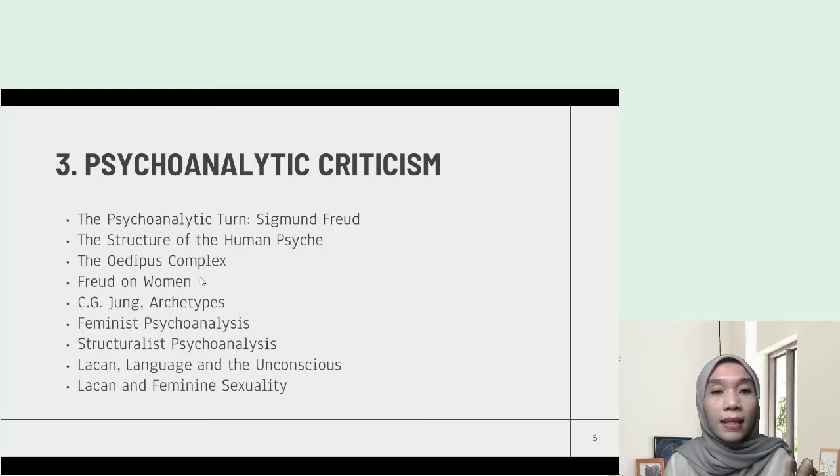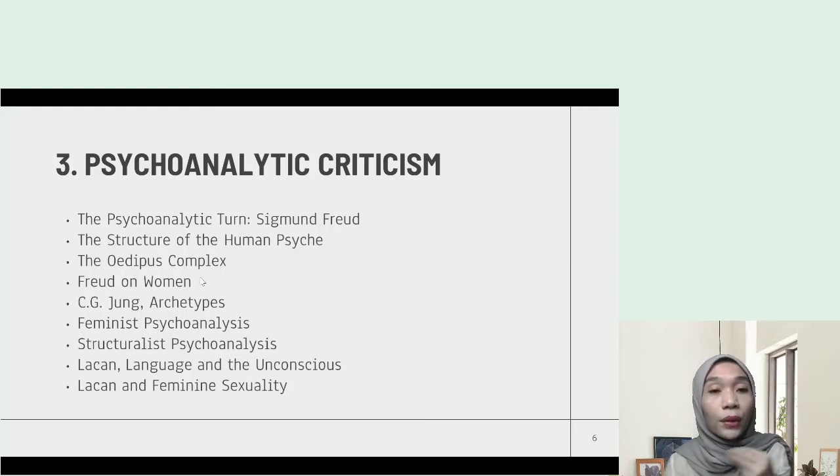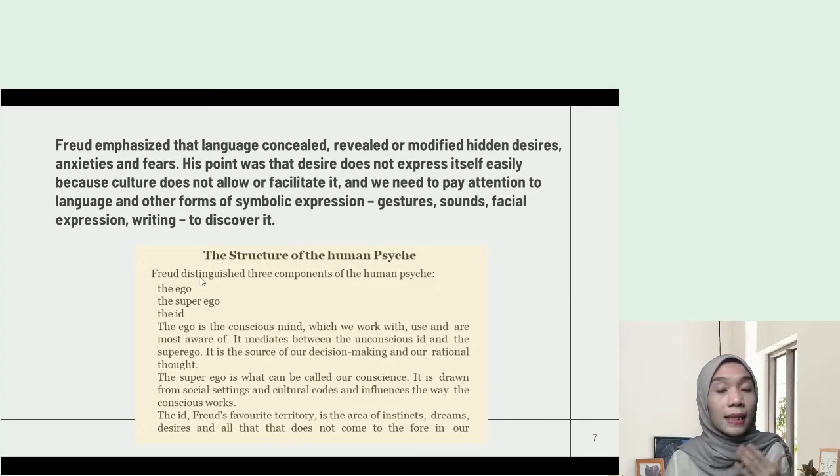Let's say you want to analyze the human psyche by Sigmund Freud. It's not enough to mention the human psyche in this particular literary work, but you need to find a concept in the human psyche. What is the concept? What's the conflict? Freud emphasized that language concealed, revealed, or modified hidden desires, anxieties, and fears. His point was that desire does not express itself easily because culture doesn't allow or facilitate it. And we need to pay attention to language and other forms of symbolic expressions, such as gestures, sounds, facial expression,